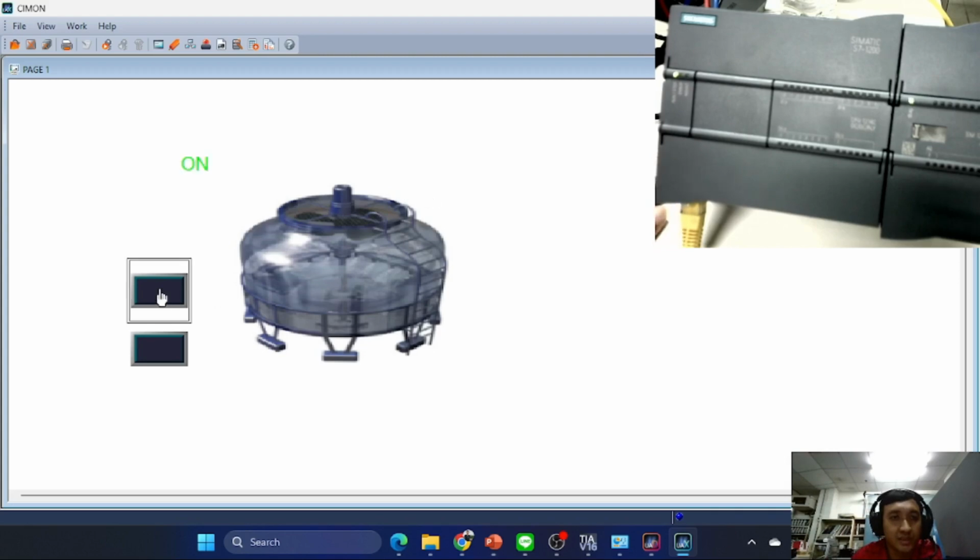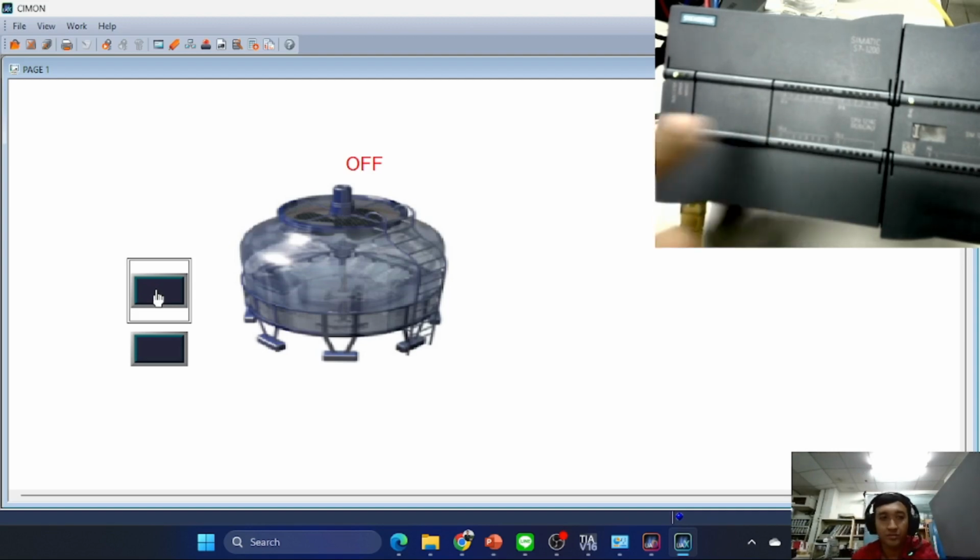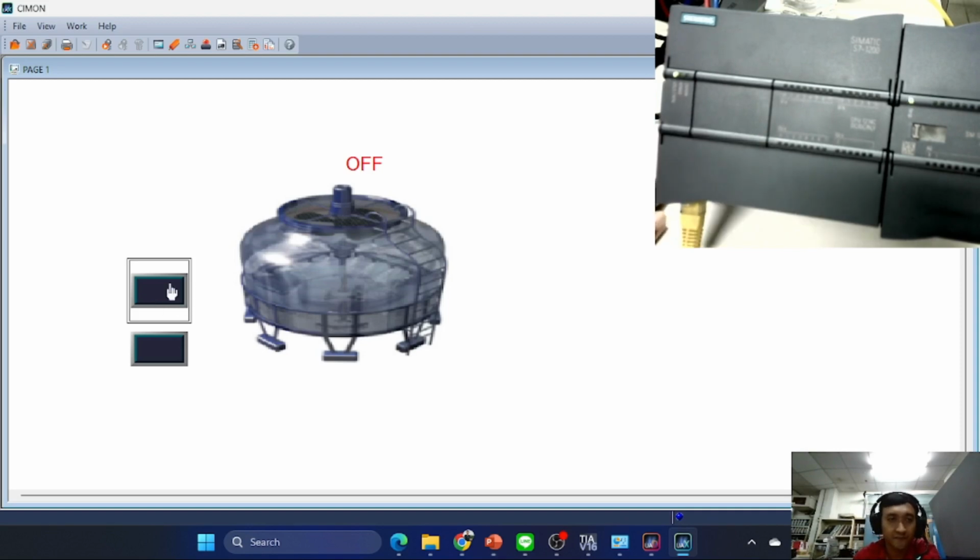We can click on and off. You can see that we can control our PLC using this.